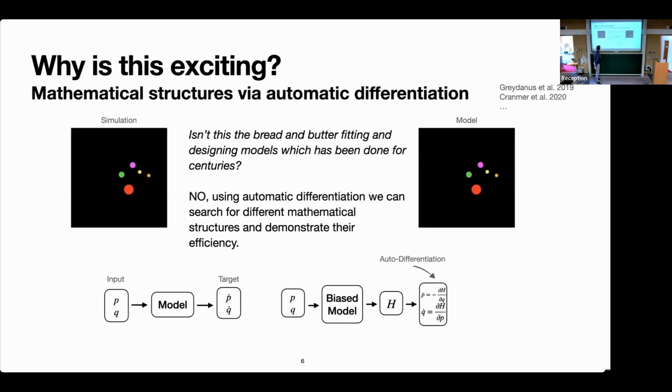So good. As I was showing on the previous slide, one idea is that you have your inputs and you want to predict what is the next time step, essentially, right? So this is the model. Now let's talk about this kind of baseline structure for a second. In this context, this model could be anything. So the baseline structure